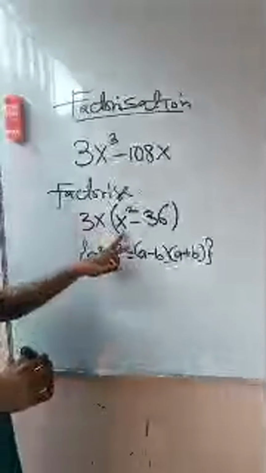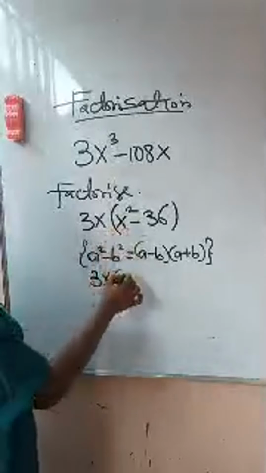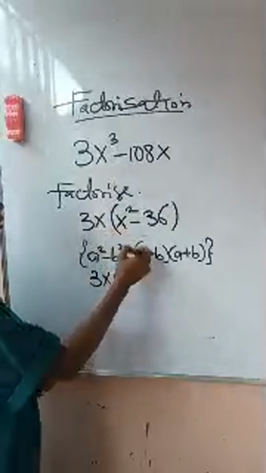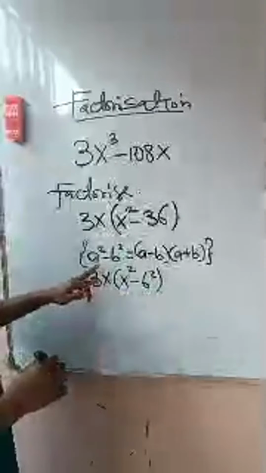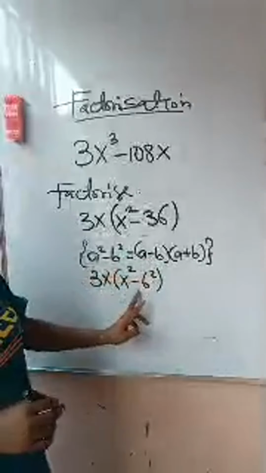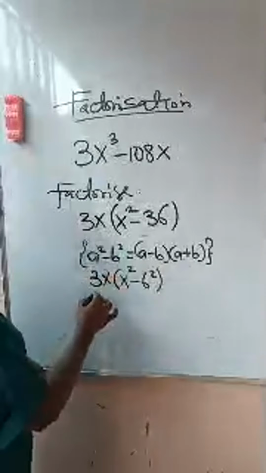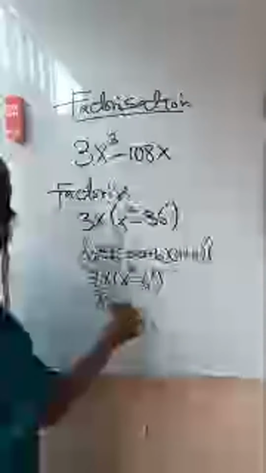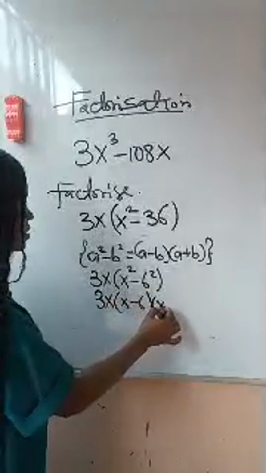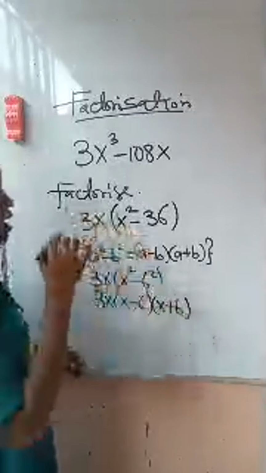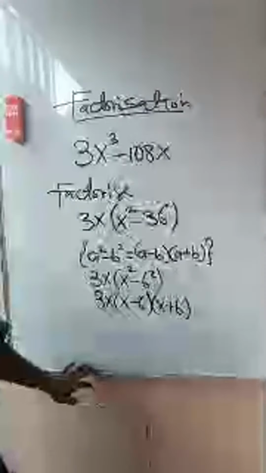Now notice that we can write this as 3x brackets. This is x squared minus 36, and 36 is 6 squared. So this is now in this form, and we can expand it further in this form. All right. So now we have 3x brackets. We can now say x minus 6 and x plus 6. And that is the final answer. This is how to do this type of